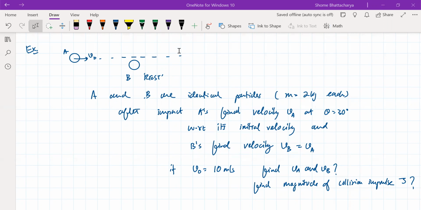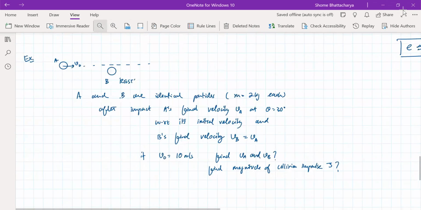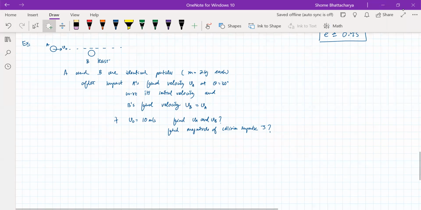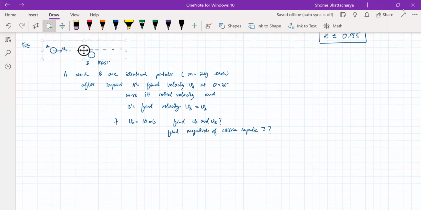Yes, very good, Janendra. Your answer is correct. VA and VB will have a magnitude of 10 by root 3 each, or you can write that as 10 root 3 by 3. And both of them will be at 30 degrees each from the initial velocity of V naught. So the angle between them will be 60 degrees. So the collision picture will look something like this. From this initial situation, what will happen is after impact,